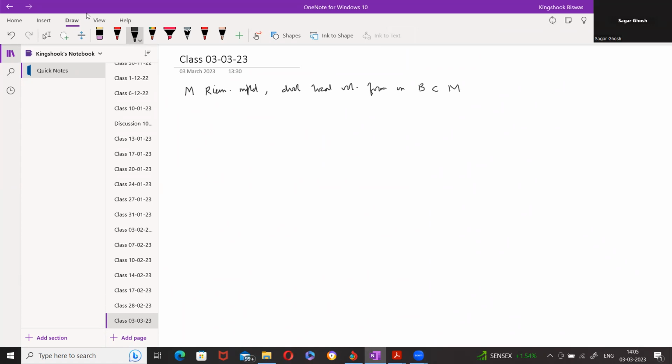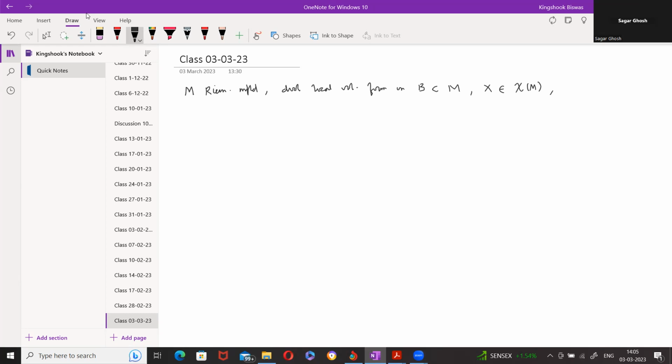So there are two possible local volume forms, which just differ by multiplication by plus minus 1. And if X is a vector field on M,